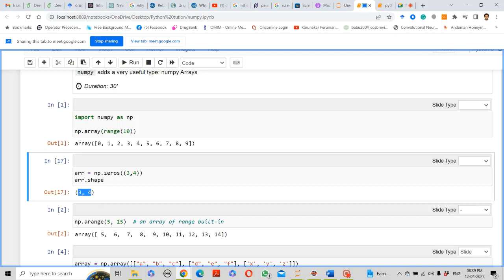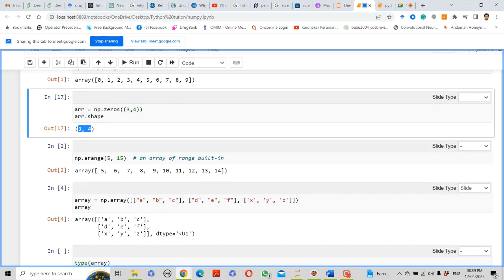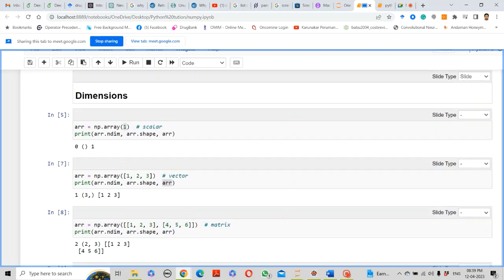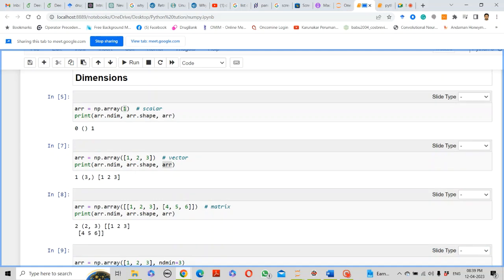So you have to be careful when you are using shape. So this is one point. Second, you have already seen how to create a range from a particular number to another number and create an array. Similarly, we have seen the row and column part and also seen the dimensions. There are three possibilities. It can be a scalar, it can be a vector, it can be a matrix, and it can be something like